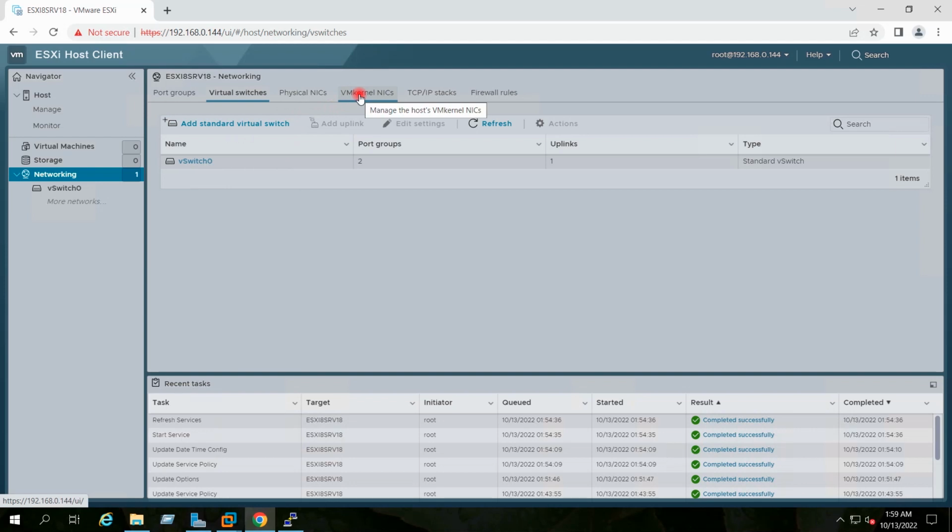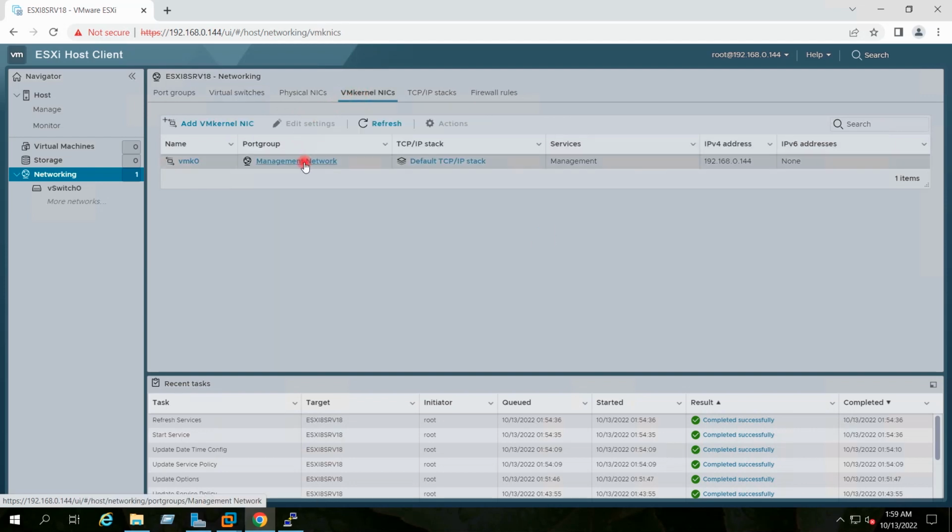I can go to VMkernel NICs, and you can see here we have a single VMkernel, vmk0, because for now we have a single network adapter connected to our host.